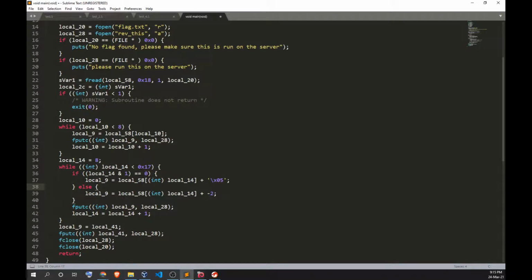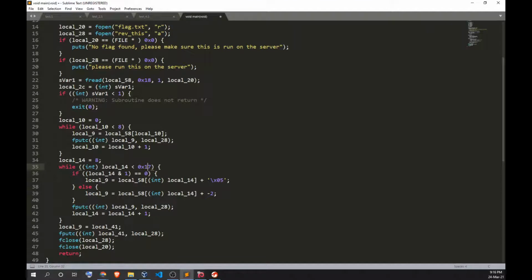So if local 14 ANDed with the number 1 is equal to 0. If you know about the AND operation, or any operation, this one will only happen when